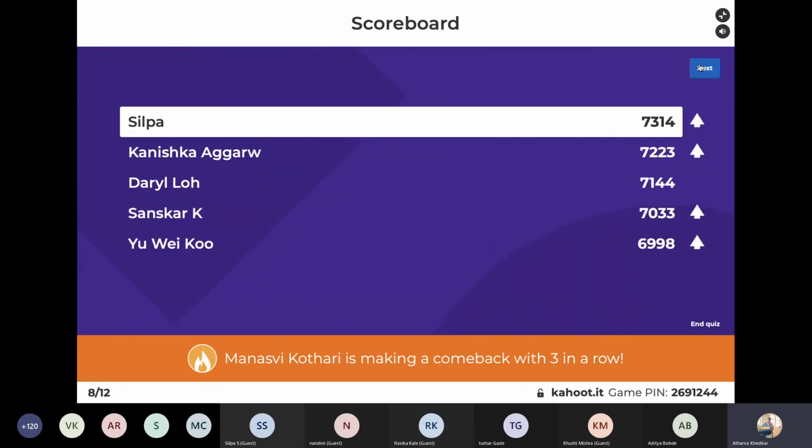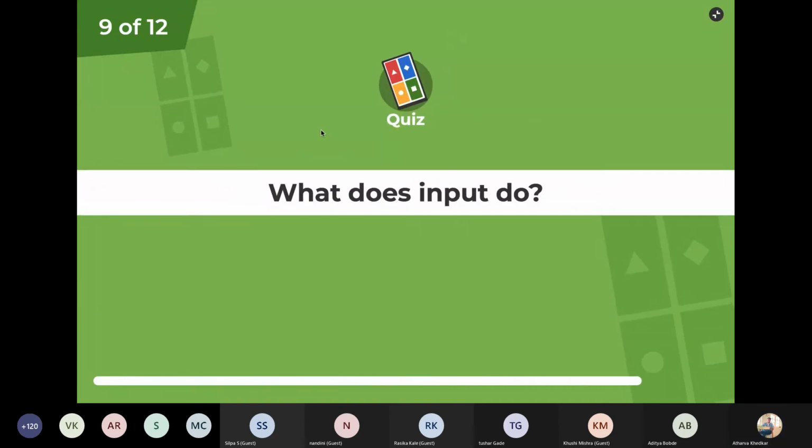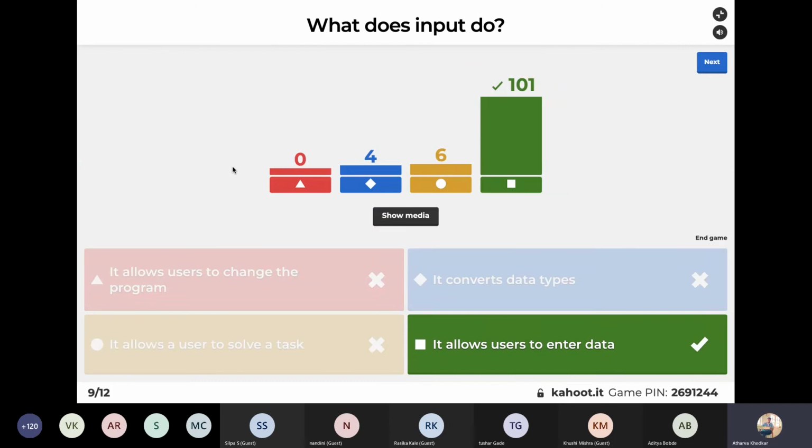Okay, Shilpa, congrats. Okay, what does input do? Come on, this one is easy. Absolutely correct.